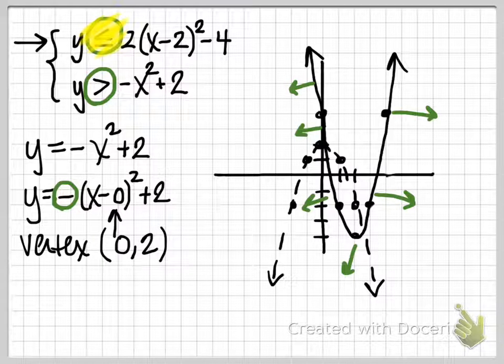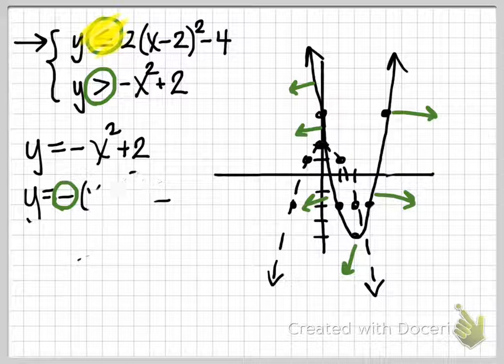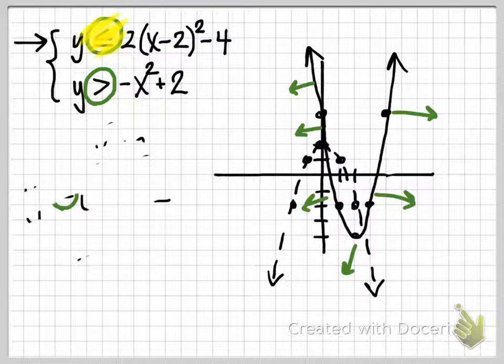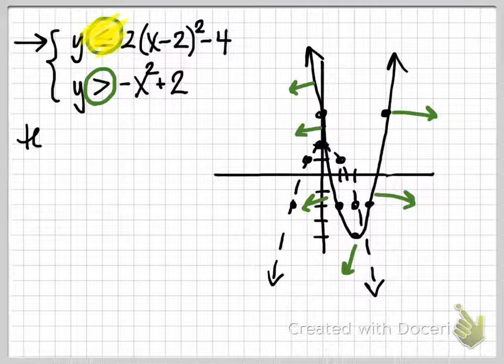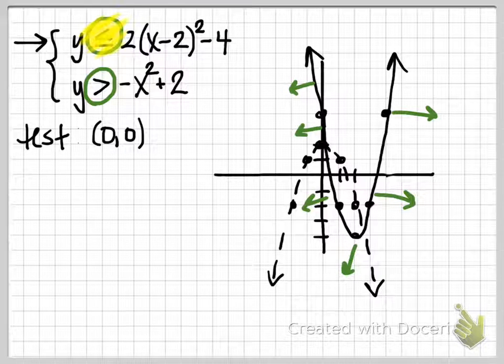And now we're back to needing to test to figure out where the shading is going to be for this inequality. So now let me go all the way back to the original inequality that we were given, and we're going to test a point. Once again, you could test any coordinate you want. It's always nice and easy to test (0, 0). The only time you can't test (0, 0) is if (0, 0) actually lies on one of your curves. So we'll test (0, 0)